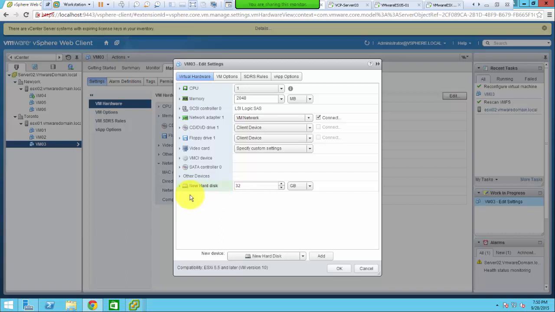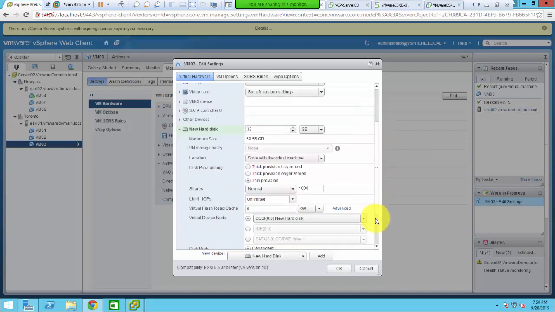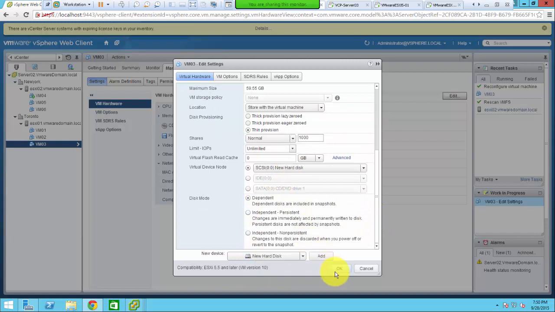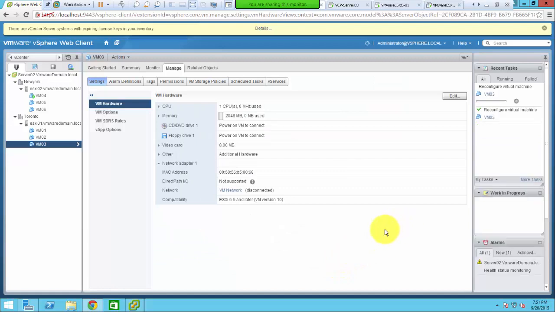Okay, click add. This is a new hard disk, but does it give us the option to thick or thin provision that? So yep, there it is, that option, and I'm just going to select the thin provision now here. But if I wanted to delete it, it's this icon here, there's a cross sign here, click that and then select the box and then press OK, right? Same for adding as well. I selected thin provision, and for now we're going to just keep everything as is and press OK. Now thin provision hard disk is